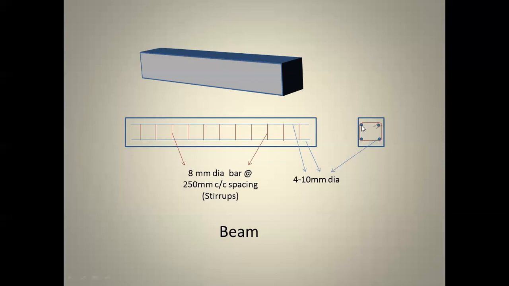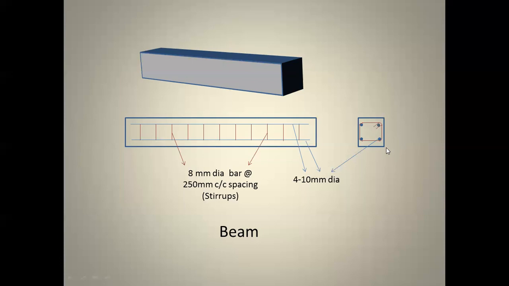To align these four reinforcement bars properly, we have to tie them all together. So tying this reinforcement is known as stirrups. It will be at equal spacing. For example, this and this will be 250 mm spacing. Similarly, the next will be 250 mm spacing from this. So if we take a single red color stirrup, it will look like this.